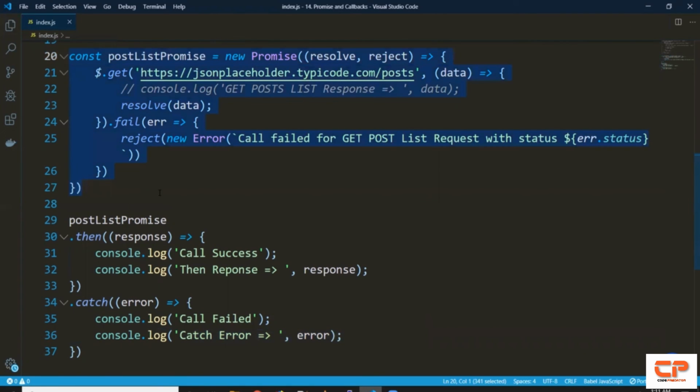So this is how you create a promise object, and this is how you use it to know when the call or the operation was completed. And that's all for